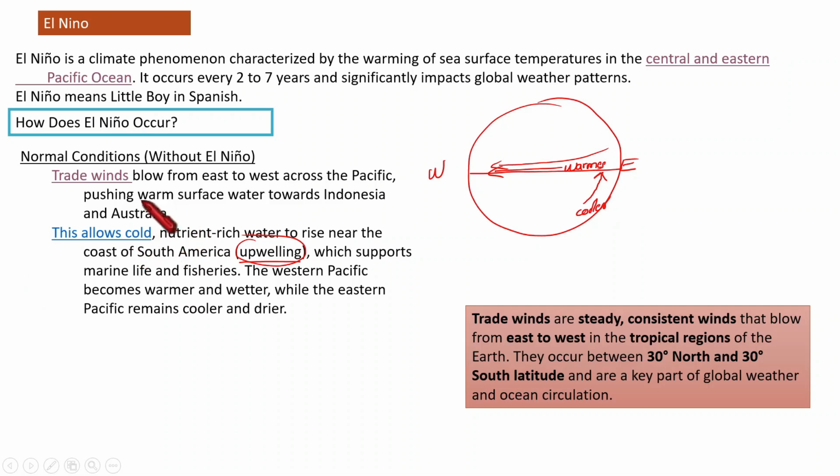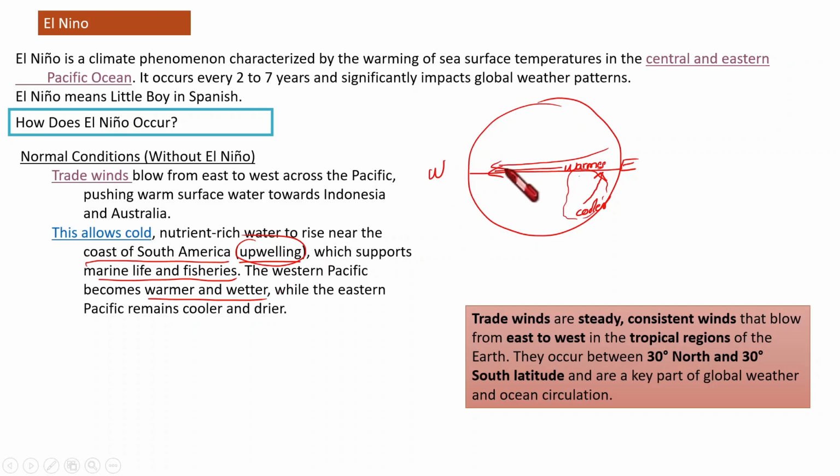So, because of its behavior of taking warmer surface ocean water to the west side, the trade wind allows cold, nutrient-rich water to rise near the coast of South America. So we need to have an idea about the location. South America is somewhere here. At the coast of South America, upwelling is happening and it is very supportive to marine life and fisheries. At the same time, the Western Pacific, this region, remains warmer and wetter